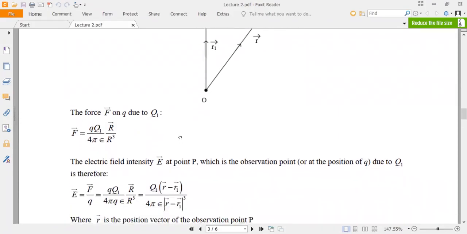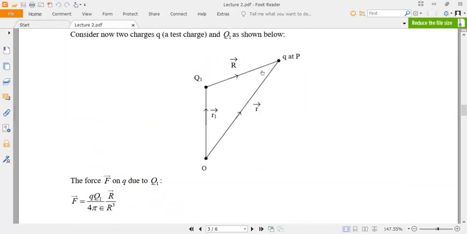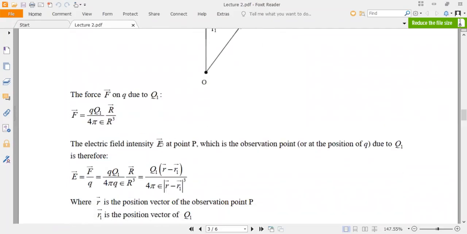Okay. Now, what I am doing is, from this force, I'm finding the electric field intensity. So I know this is the force here, right? This is the force here. Now, can I find the electric field intensity here at this point P? Yes. So therefore, the electric field intensity E at the point P, which I'm naming as my observation point, and where I have kept my test charge Q,